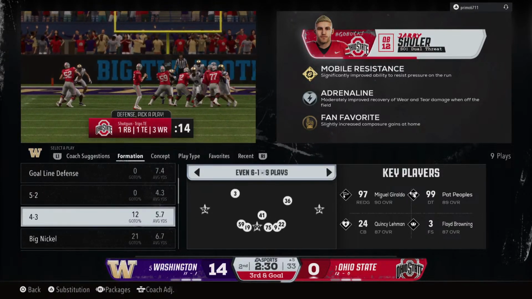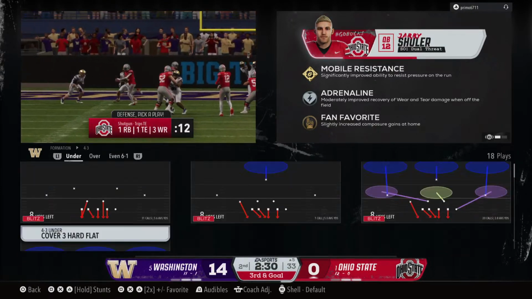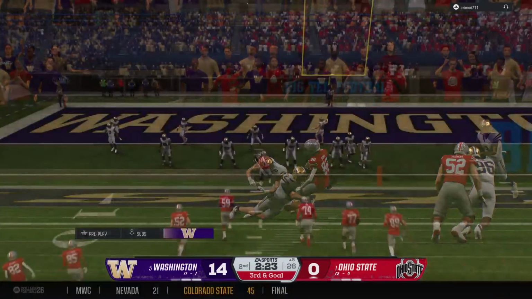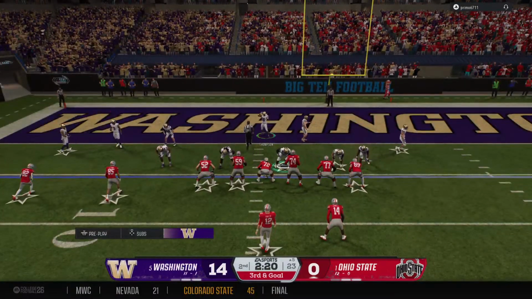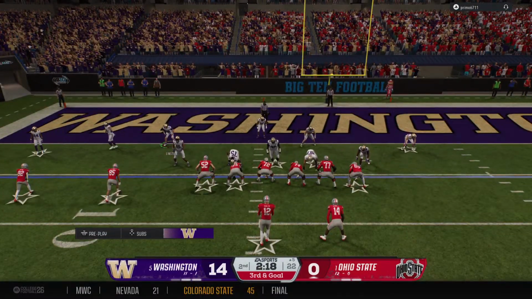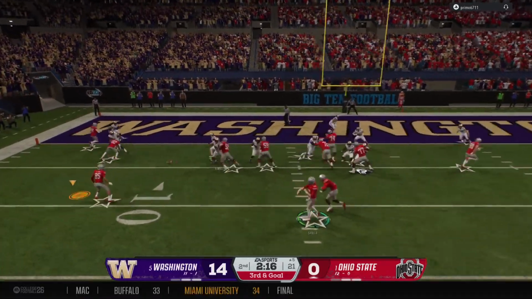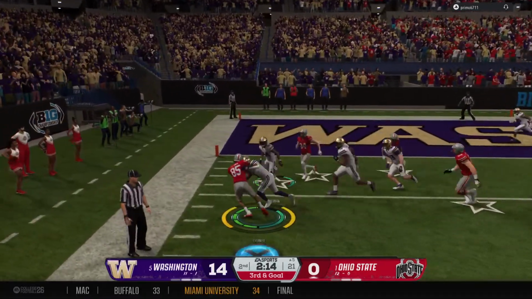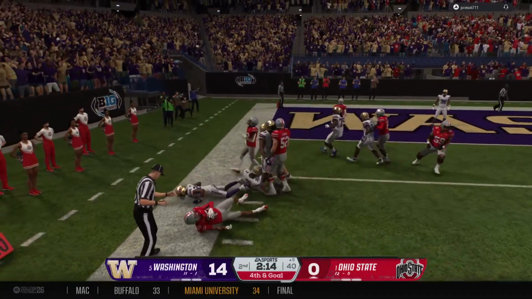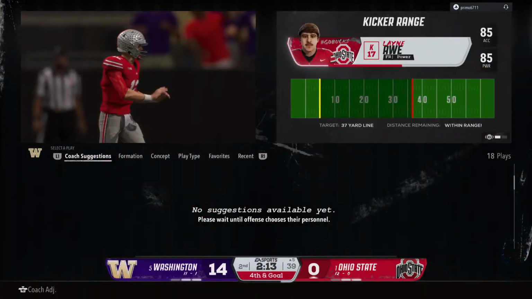Down inside the 10-yard line, you're looking for anything to get closer to the goal line. Now it's going to set up 3rd and goal. Got to find a way to get this ball into the end zone. Receiver makes the grab, and he will be stuffed for no gain.